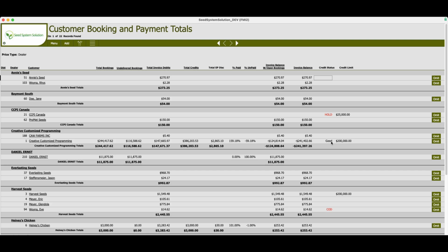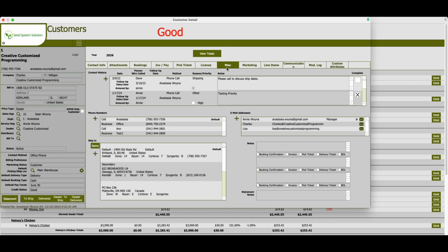From here, you do have the ability also to set credit statuses for your customers. So this is where you can set somebody to be on hold or cash on delivery. And we do show you your credit limit. Your credit limit can be set up on the miscellaneous tab of your customer detail. So if you go into your customer detail and go to the miscellaneous tab,